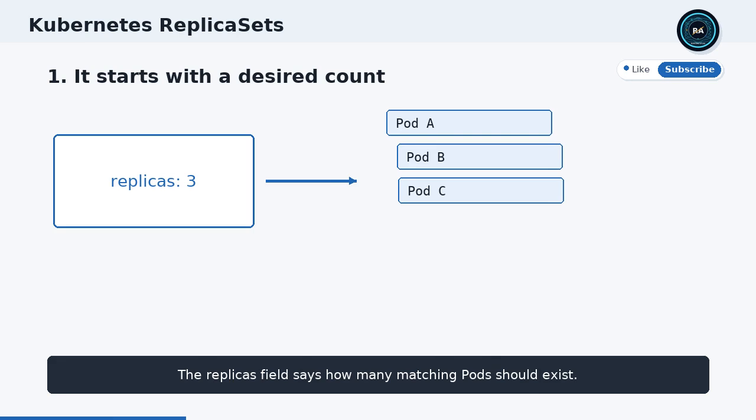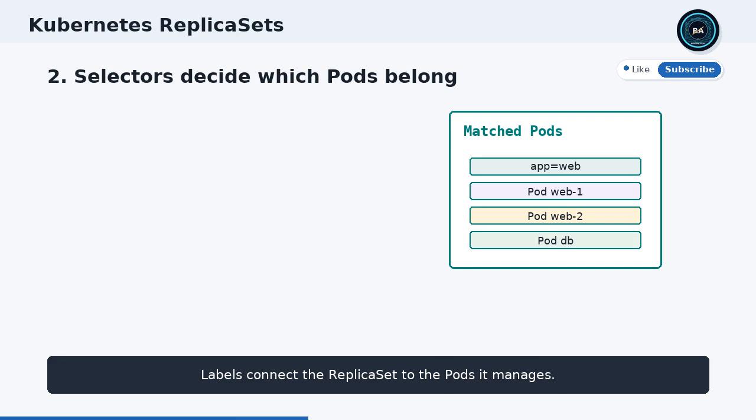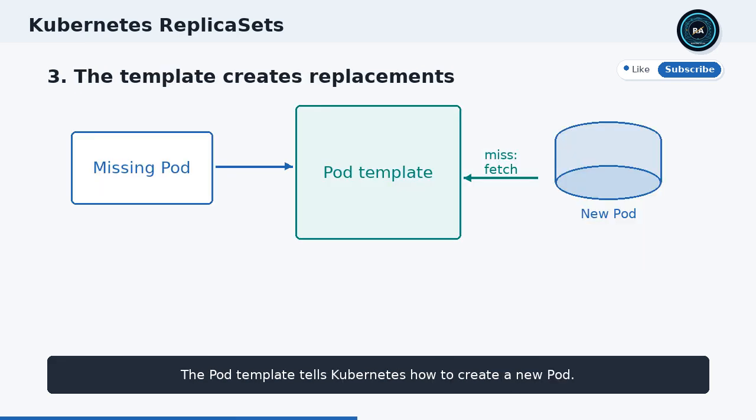A replica set starts with a desired number. If replicas is 3, Kubernetes tries to keep 3 matching pods available. The selector is important. It uses labels to decide which pods belong to this replica set, so Kubernetes knows what to count. When a matching pod is missing, the replica set uses its pod template to create another one with